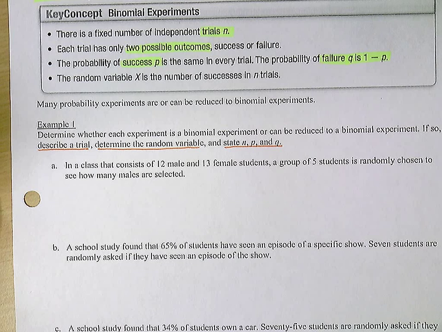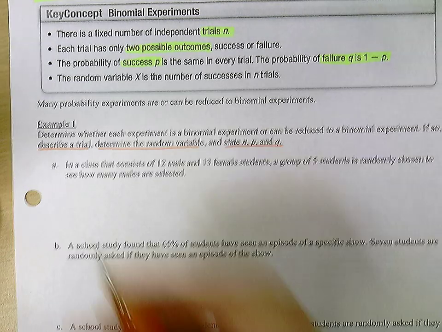Anybody listening? Makes sense. Your probability is going to change if you start taking students away. Because you could have selected a male for that first randomly chosen student, and then your probability is going to change. If you select a female, now you have more chances to select a male. So that probability does change. So this experiment